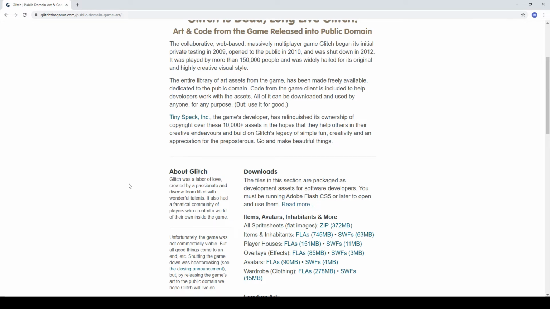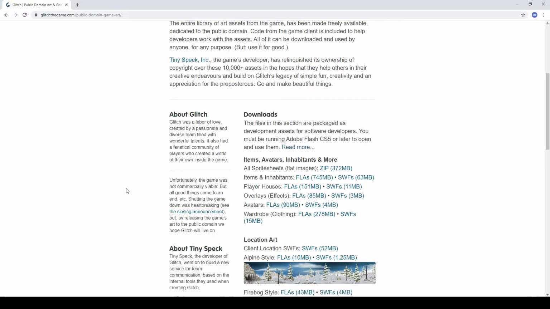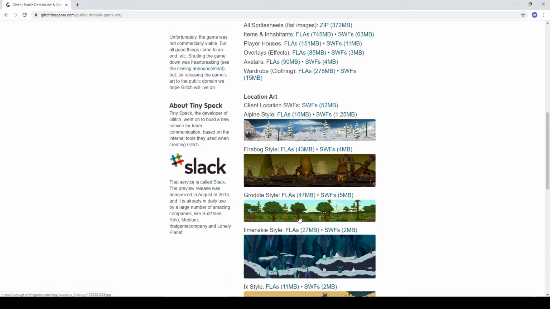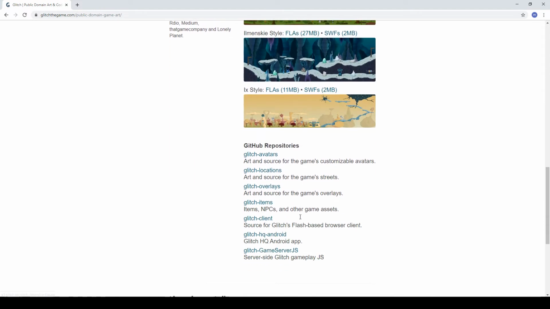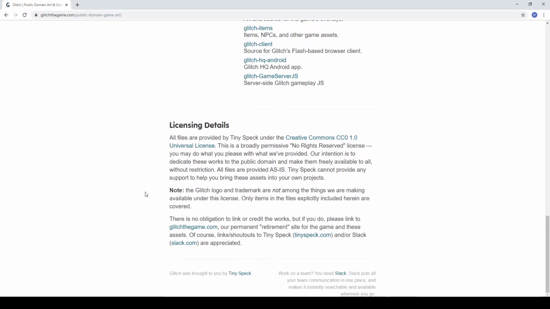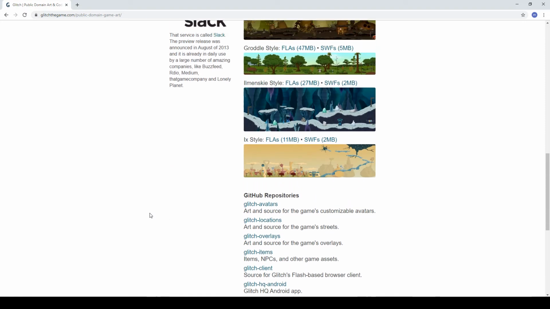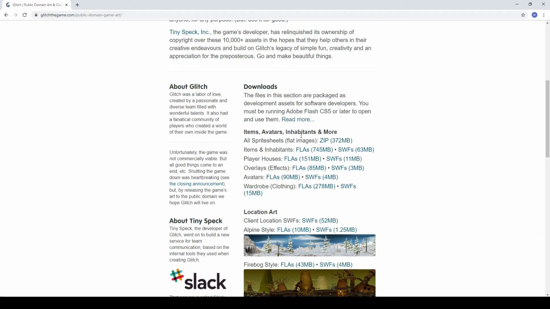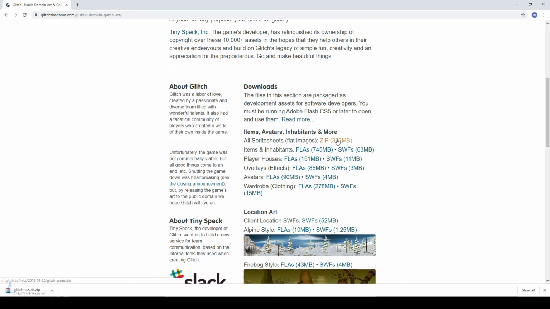Like if you look, the sprite sheet bundle here is a zipped file of 372 megs. And yeah, you can browse through the categories here. At the bottom, they have some licensing details that shows like what you can do. There's no obligation to link or give them any credit at all. But again, personally, I think you should. I mean, if you're using other art that you didn't actually pay for or have made, you might as well link it. But yeah, so if we download this image, or sorry, not this image, this zip file,